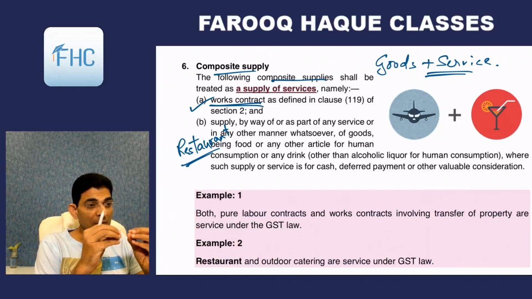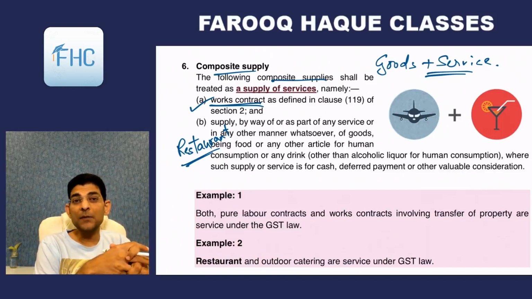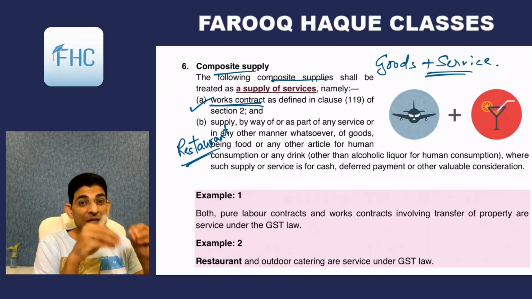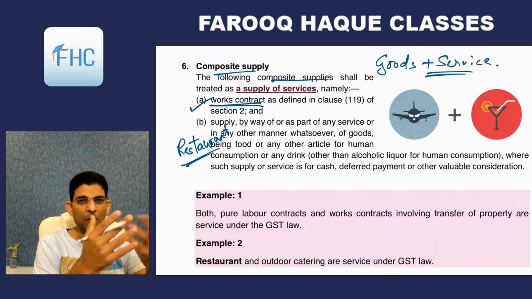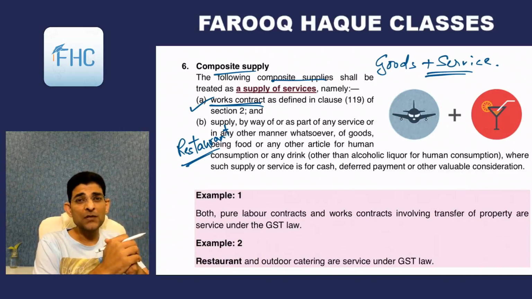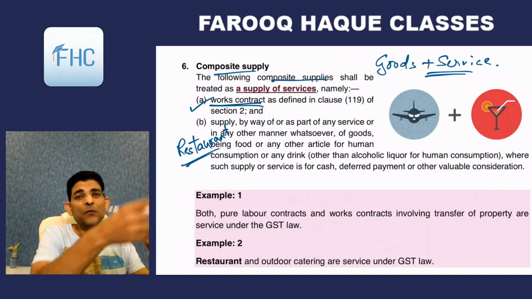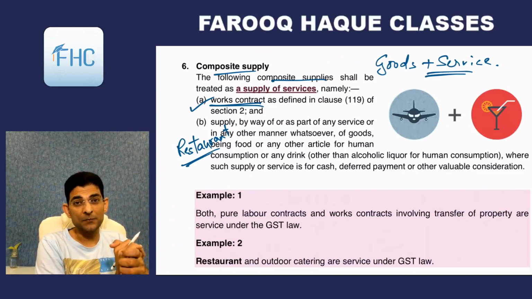Say, for example, I charge 350 rupees for paneer butter masala. Out of that 350, 100 rupees might be the value of ingredients, that is goods, and the balance for cooking and supplying, and the profit margin. In food, the profit margin is around 200%. Like if I'm charging 300 rupees for a dish, my actual cost is 100 rupees, and I'm charging 200 rupees profit, so I'm charging 300 rupees from the customer.